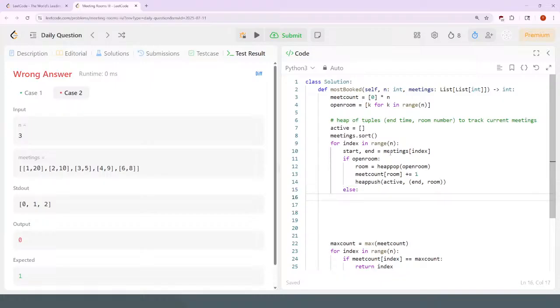Okay, that's pretty straightforward. And now if there is no open room, then I want to do what exactly? I need to, I think,